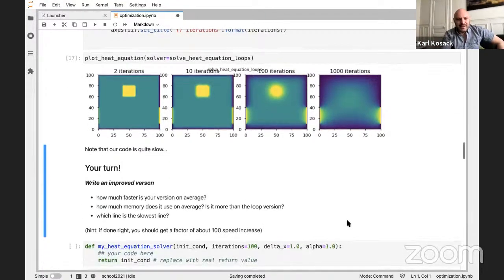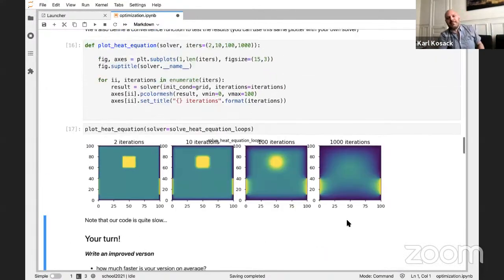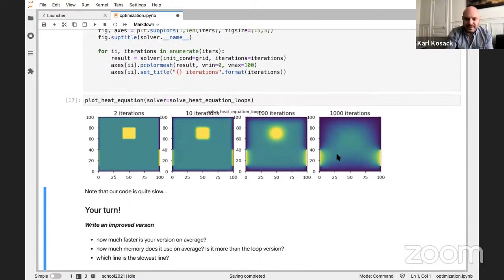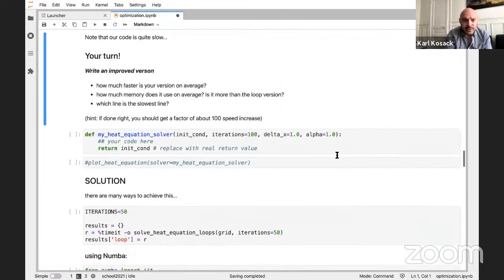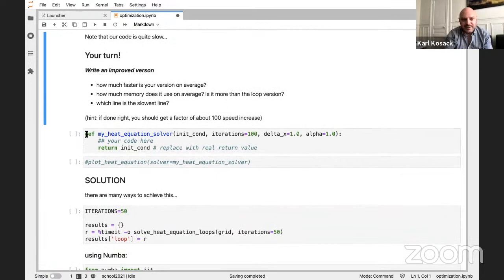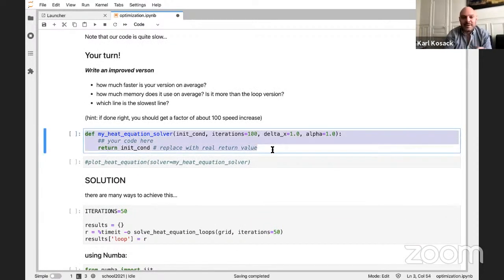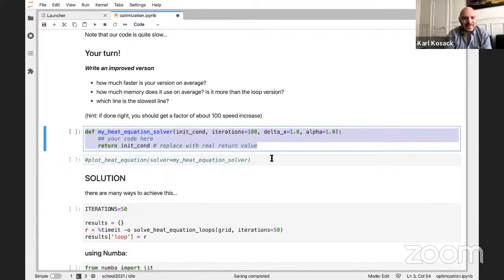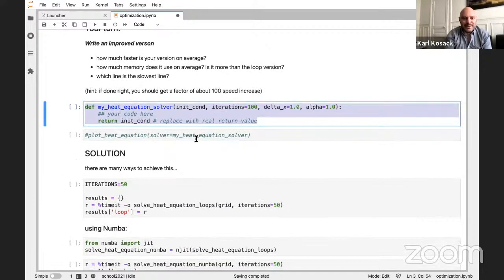If you wanted to find an appropriate stopping time, if you were doing this properly, there's a bit more you would do. So the question is, can we write an improved version of this? Obviously that took a while to compute. So I left a blank here for you to try your own, because I think my solutions are reasonably good, but there's probably a smarter person that can do something better. So you can put your own in and try it.